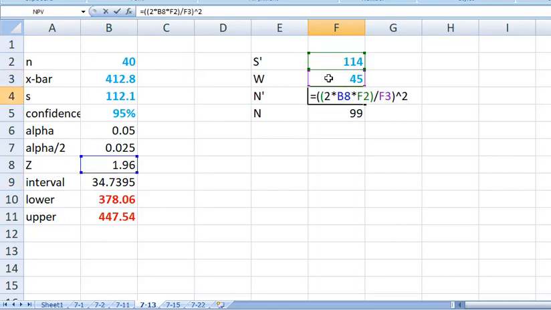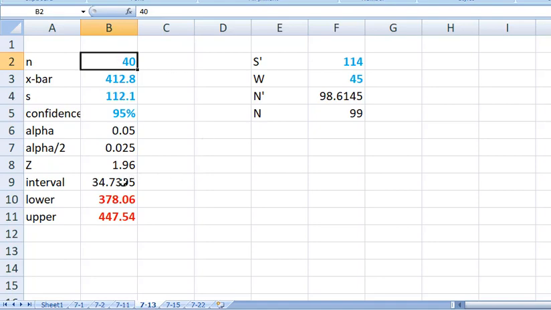So there's the formula that I use for that in your text. To calculate that, I label it as n prime, because that's going to give me a number with a decimal. Since the size of your sample has to be an integer, you simply round that up to 99. So a sample of 40 was good enough to get an interval that was 69 wide. To get an interval that's only 45 wide, I would have had to run a sample of